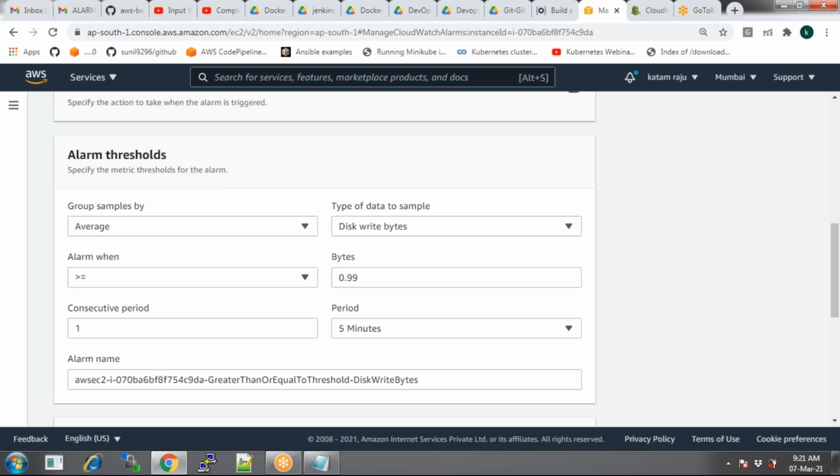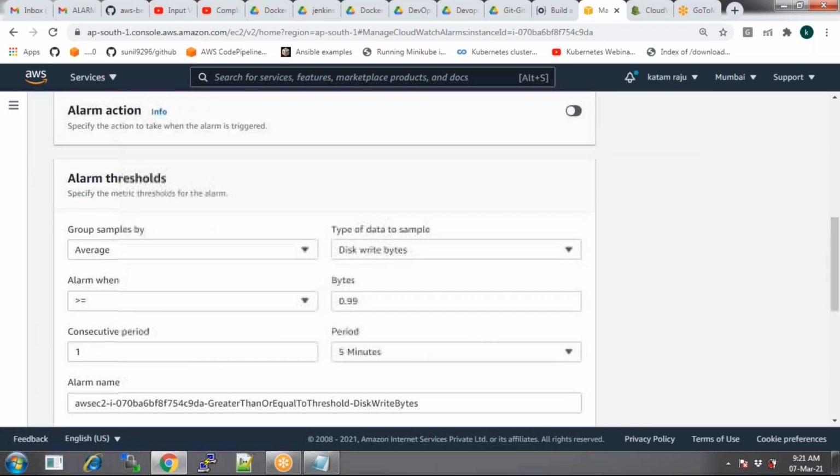You want to insert some data into your database, that is write, and you want to read the data, that is read. In those cases, you can set up the alarms as well. So this is one important question at database level. But anyway, remember these 3 metrics. Even that is also a question: when do you set up the disk operations? When do you set up the CPU utilization?